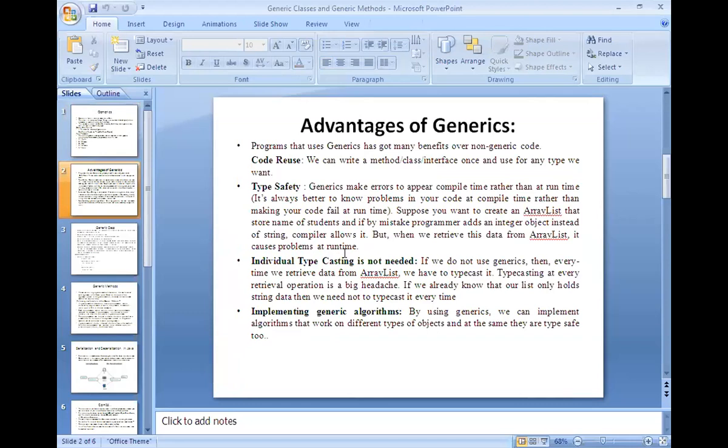The first and foremost advantage is code reuse. That means once you develop the code, the same can be used for different purposes, for different parameters, without any modifications. And type safety.